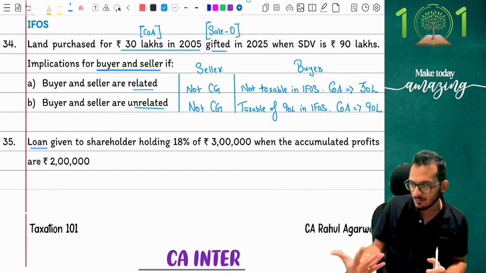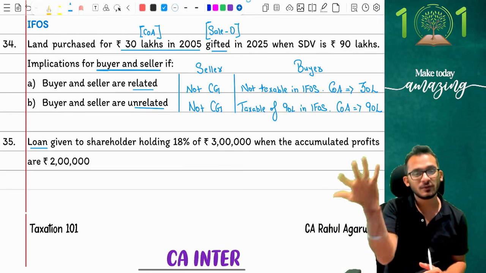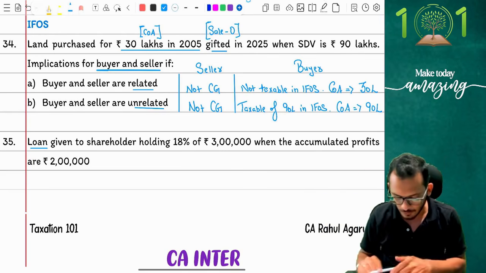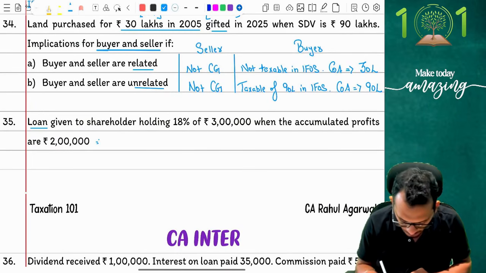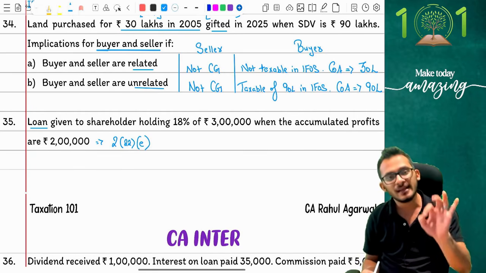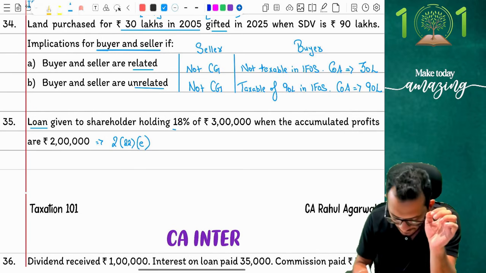is they say, Rahul, loan has been given to you. This is money which you have to repay. Yes, so why are you bothered about it? No. We have a special provision in income tax, a provision called section 2(22)(e). If you remember this provision, people, section 2(22)(e) comes and says that any shareholder holding more than 10%,